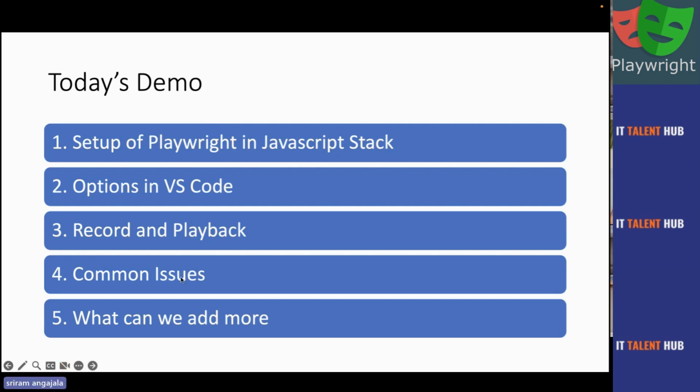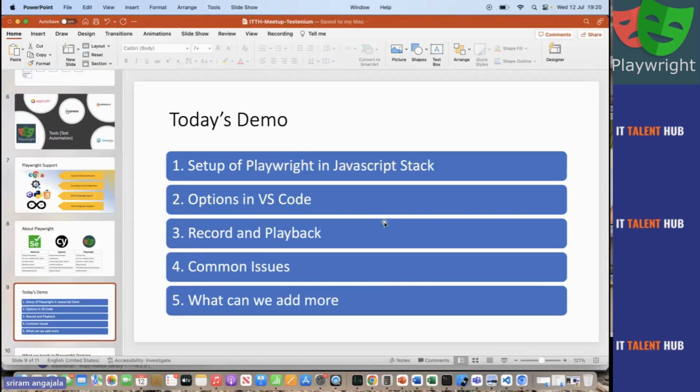Okay, so let's start looking into the code. Again, if I'm writing the code, please stop me, but I will not write the code. The first thing I will show you is how to set up Playwright in the JavaScript stack, and then how to enable your options in VS Code, record and playback, and what the common issues are that we will get in Playwright.